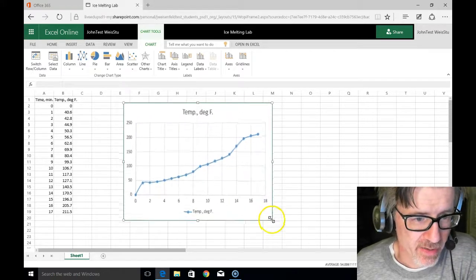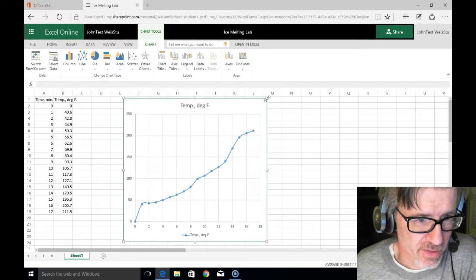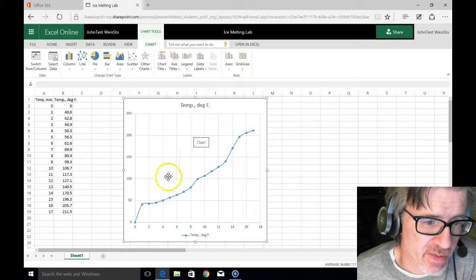But I'm not done yet. Hang on. I'm just stretching it. So if you grab the corners of the thing, you can stretch it a little bit and you can see it. So I hope what you see in this graph is that